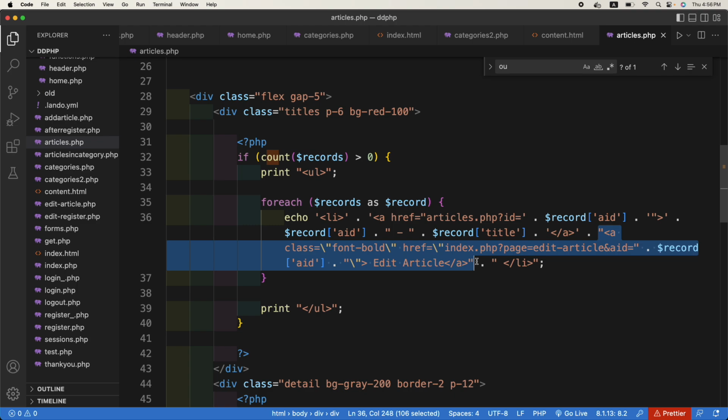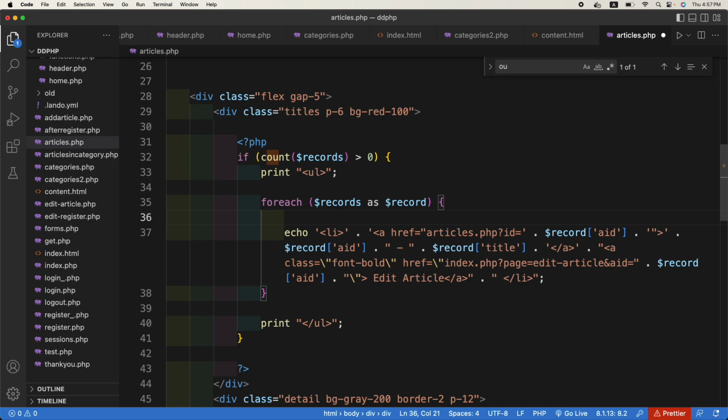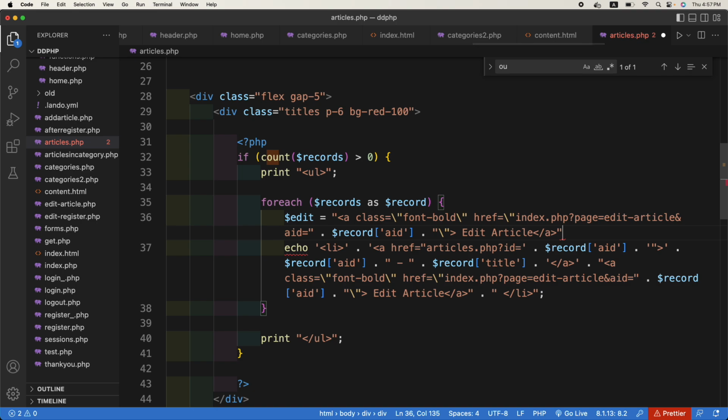And if I just copy it and create a variable, maybe edit is equal to this, like this. So edit is equal to a bold, all this. But if it is in the condition of is logged in,